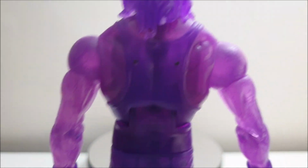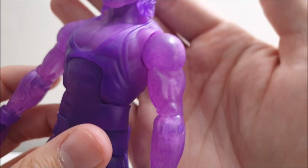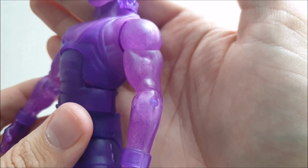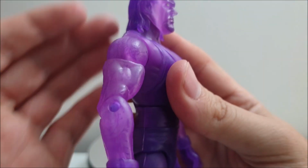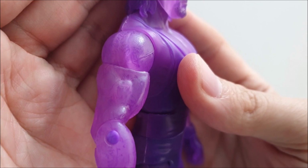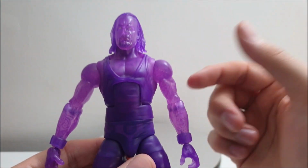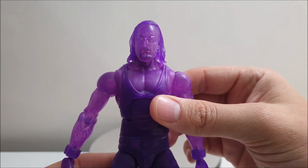Another thing that's worth pointing out, which you can probably just see here in the camera, is that he actually has the tattoo detail, just slightly darker, on his arms. It's very hard to make out, but nonetheless you can see it pretty well in person. So yeah, the outline of his tattoos is still visibly there on the action figure,